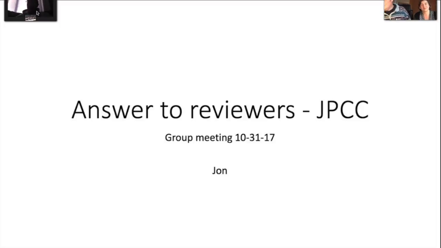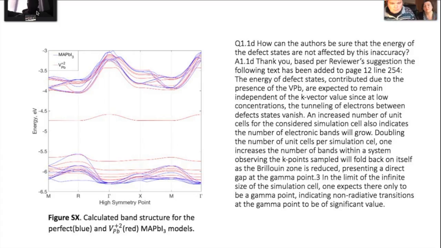No, that's good. Okay. So I'm going to go over some of the major questions that reviewers had proposed to us on this round for this paper. I guess there's a couple new people in the audience. A brief recap is we're looking at lead vacancies within perovskite materials. Svetlana, you were there in Telluride, so you heard a little bit about what this was. So one of the first questions that the reviewers had